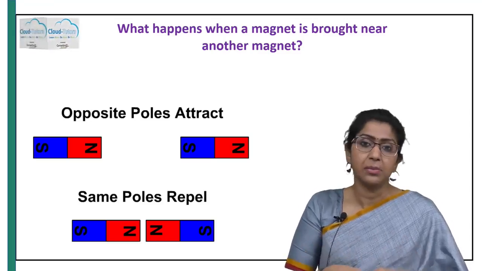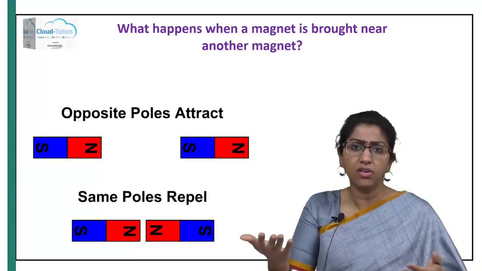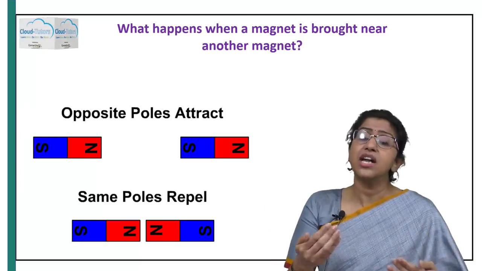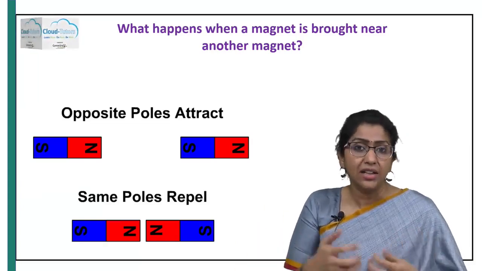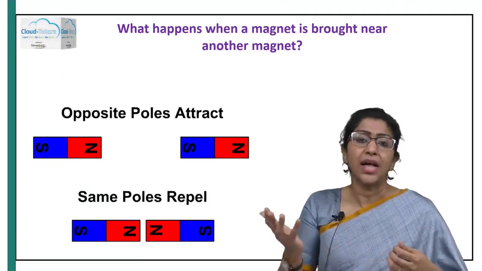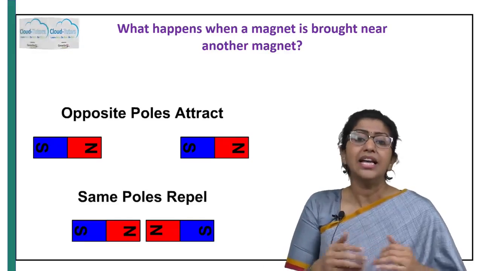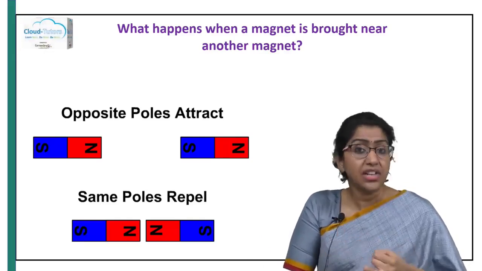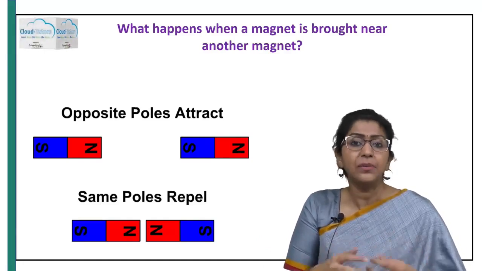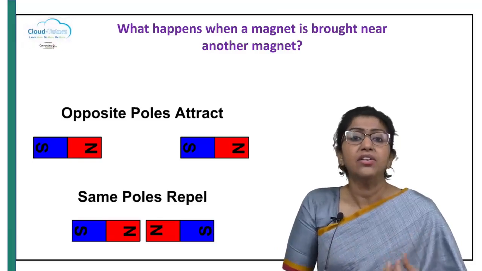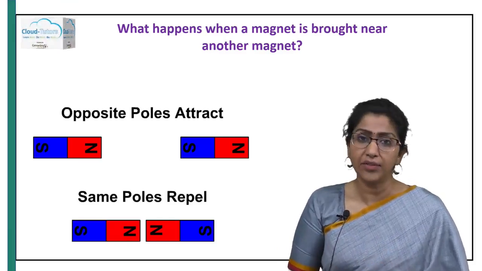I'm sure all of you would have come across this during your 8th standard syllabus, right? You would have studied contact forces and non-contact forces. So contact forces are those wherein it is experienced only when you bring the object in contact with another object or a person who's actually applying force, right? But here, in case of magnetic force or gravitational force or nuclear force, all of these forces basically act between two objects even though they are not in contact with each other. So magnetic force is one of the non-contact forces.